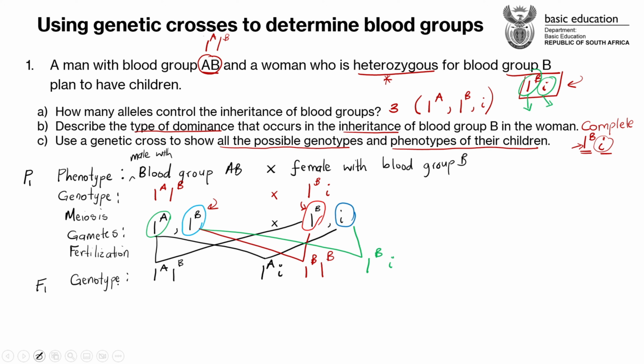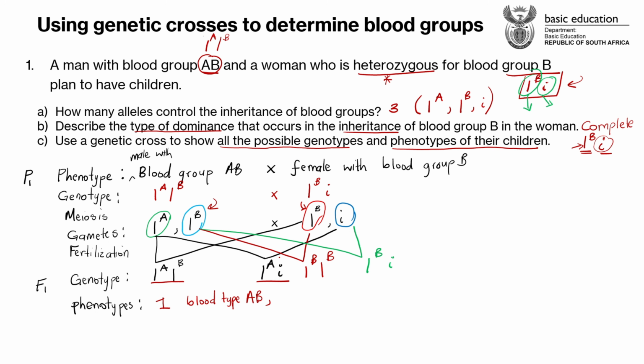So these are the possible genotypes, the possible outcomes when these people have a child. One of these can happen. It happens randomly. You cannot predict which one will happen, but these are the possibilities of the blood groups of the offspring of the F1 generation. So now let's interpret the phenotype. This is blood group AB. We have got one blood group AB, and there's no other blood group AB there. So we've got one possibility out of 4 of getting blood type AB.